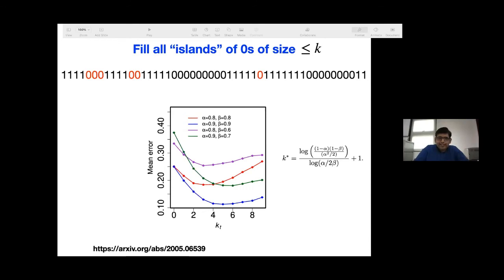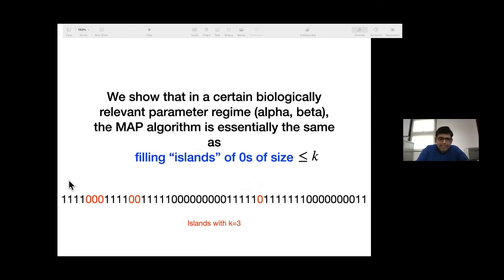So there are these readers and writers. This is again a much more coarse-grained level. What readers and writers have to do is the readers have to identify these zeros and find an island of them, and the writers have to fill it. So some cooperative process has to happen.